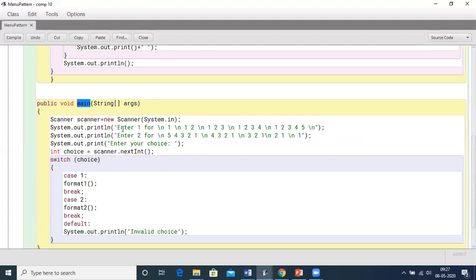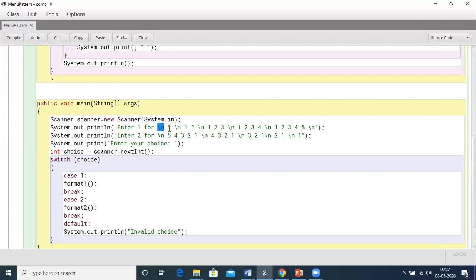So within the main method, I am declaring the Scanner object, prompting the user to enter 1 for the first format. Now, as you know, this is an escape sequence, so that the values come to the next line instead of being written in one line.